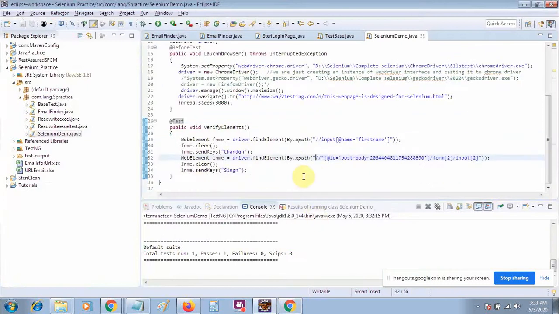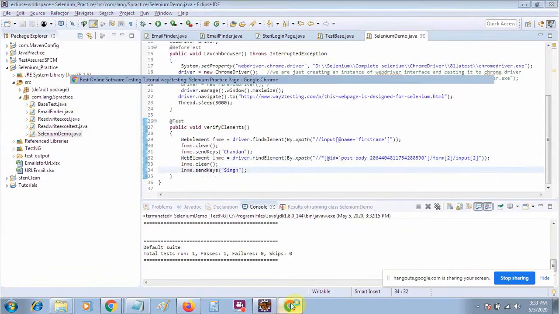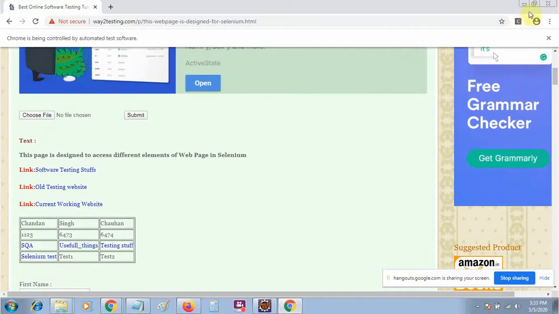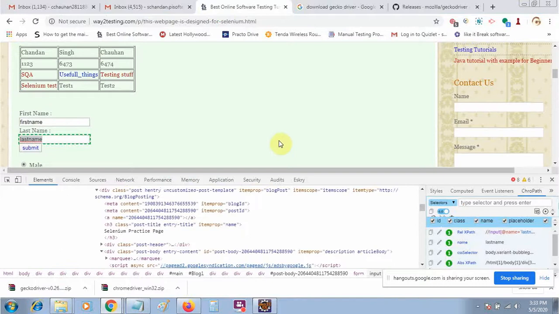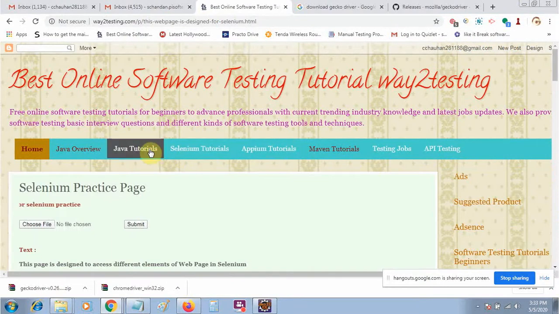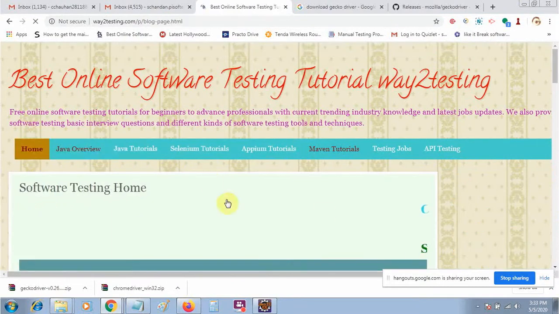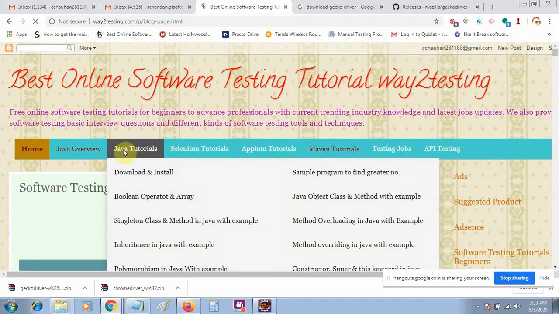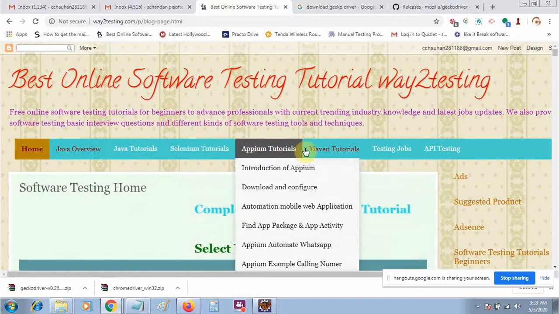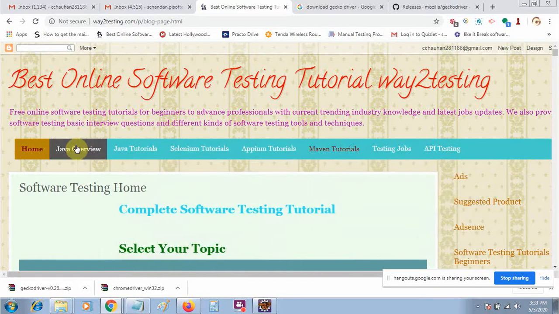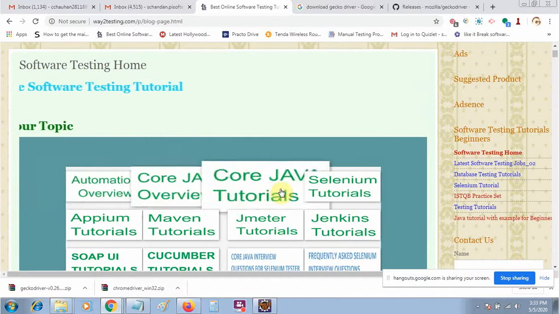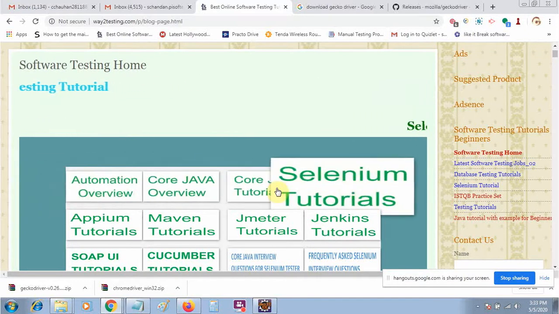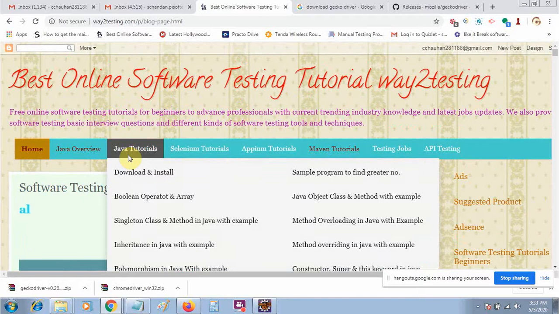Now suppose I want to perform the mouse over operation. What do I mean by mouse over? Suppose I am on some web page and if I mouse over something here, some list box will open. Or suppose that if I go here, the image will enlarge. So how do we perform such an operation of going to a particular element?